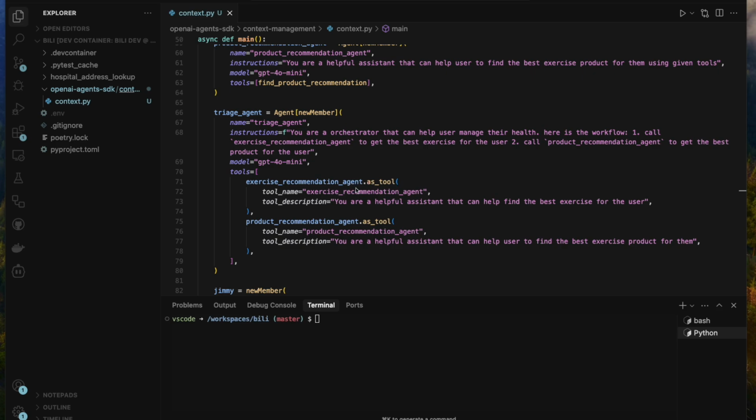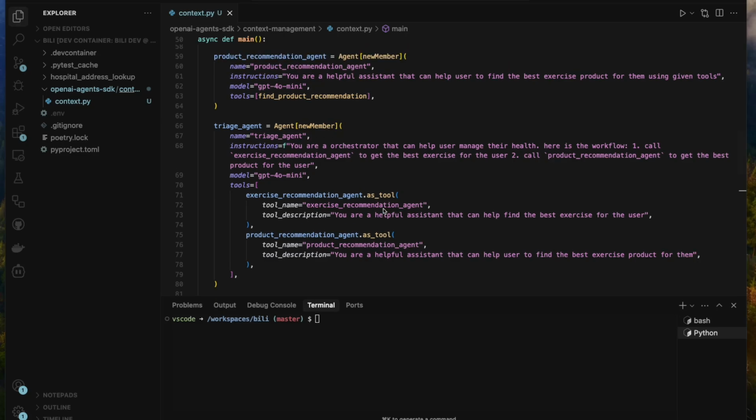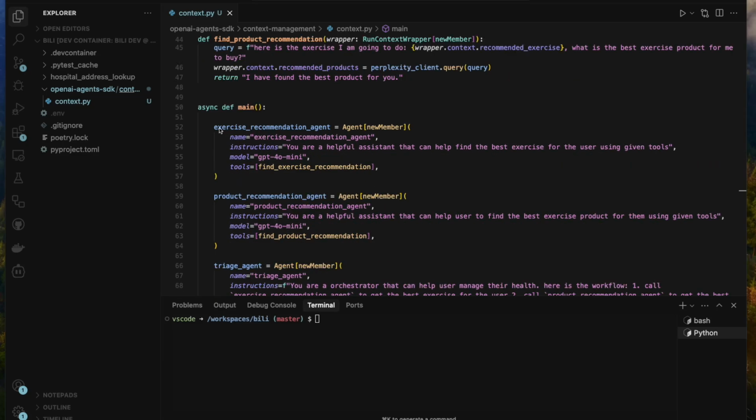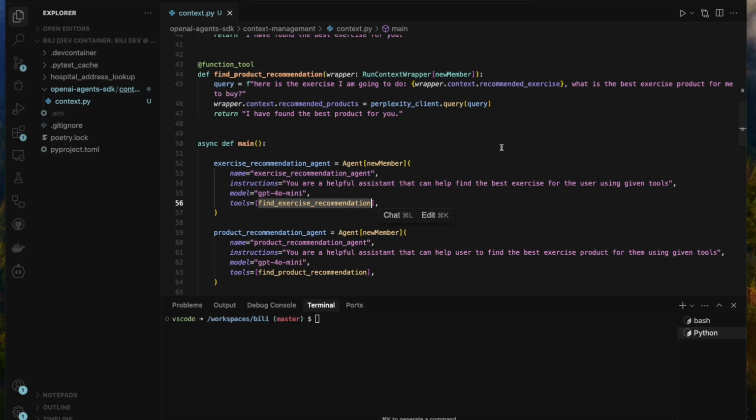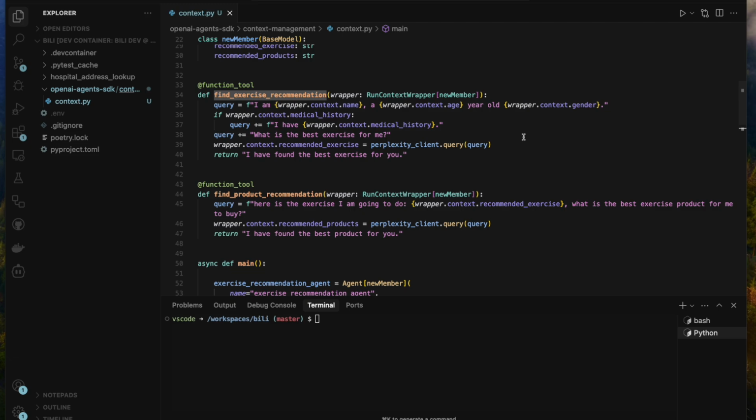So let's take a look at those sub-agents. Here, one is the exercise recommendation agent, your helpful assistant that helps users find out the exercises. And here I'm attaching a tool called find exercise recommendation. Similarly, for the product recommendation agent, I'm attaching the tool to find the product recommendation. So let's take a look at this tool. For the find exercise recommendation agent,